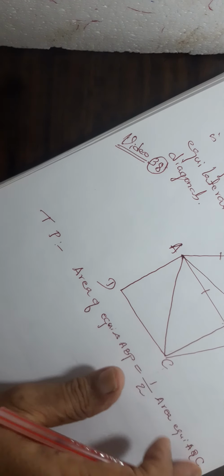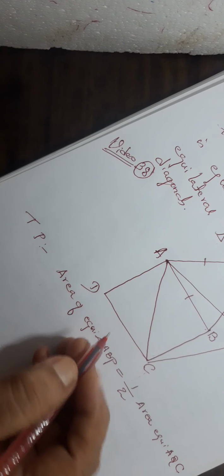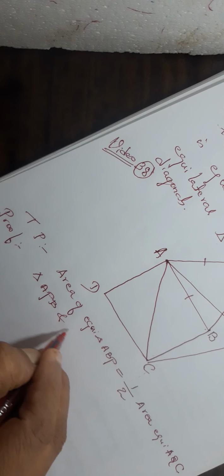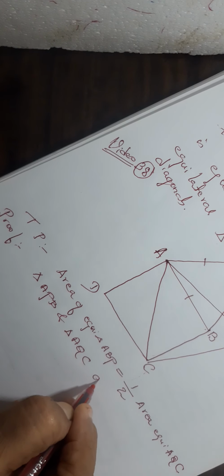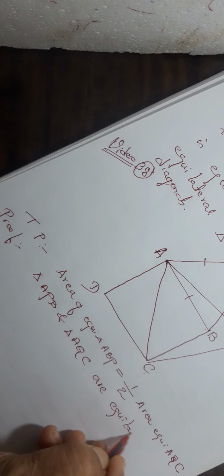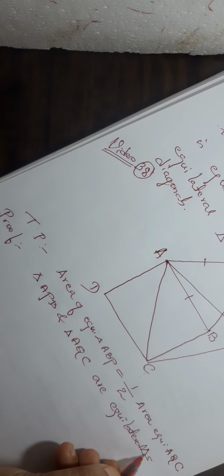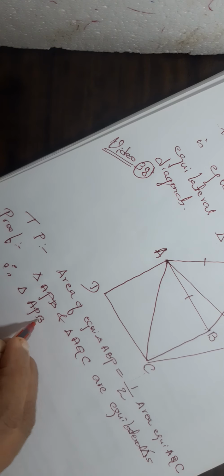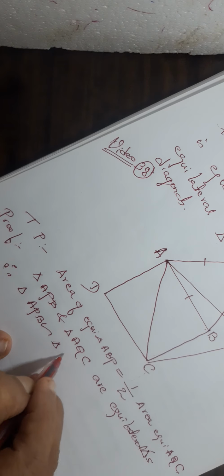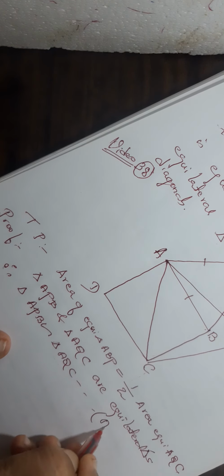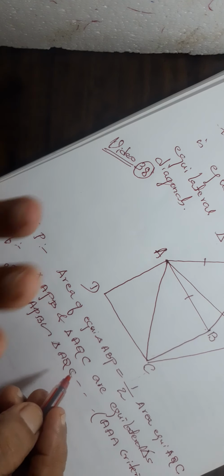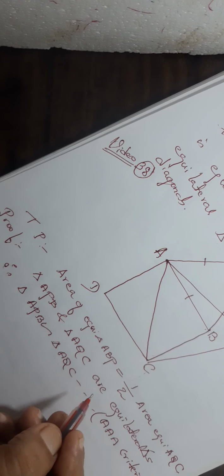So now they have given us APB and AQC are equilateral triangles, so I am going to start with that. We are going to write: triangle APB and triangle AQC are equilateral triangles. So if they are equilateral triangles, they are similar. Therefore, triangle APB is similar to triangle AQC because of AAA criteria. All angles will be 60, 60, 60. Understood, children? You know that, no?